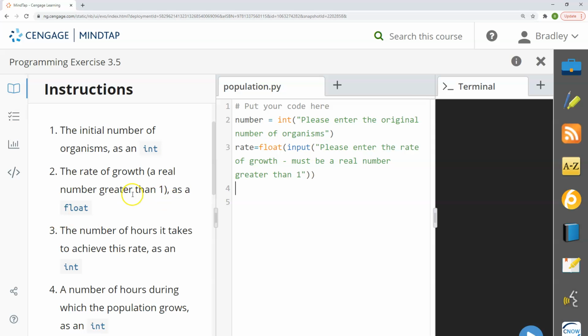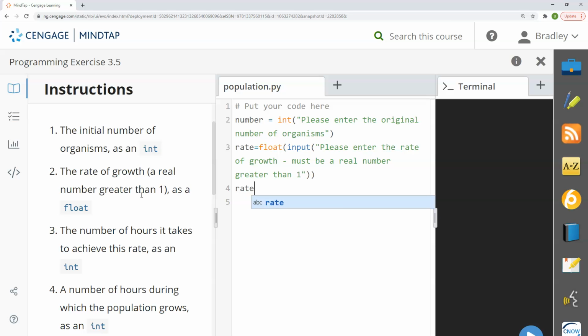So that growth rate over a certain number of hours, if we started with 100 little bacteria, at the end of 2 hours, we would have, with a growth rate of 2 at the end of whatever time period, if we specified 2 hours, 200 little bacteria growing there. So we also need to get the number of hours it takes to achieve a rate. We could just call this